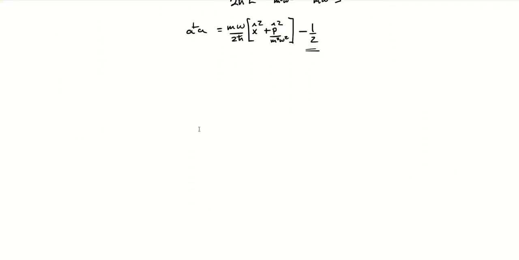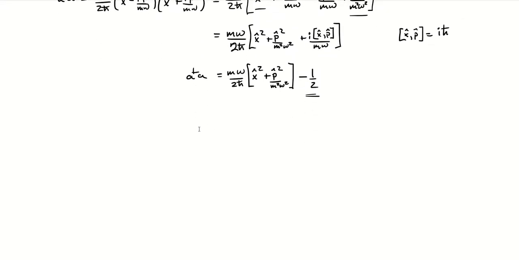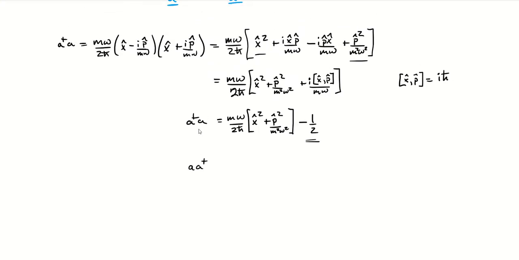Well, let's look at a few more commutation relations and see what they get. First thing, let's notice that had we looked at A A dagger instead of A dagger A, so rather than raising-lowering, went lowering-raising operator, the only thing that would have switched were these two terms would have been the other way, and this whole thing would have amounted to h bar omega times x hat squared plus p hat squared over m squared omega squared plus 1/2. We would have had to use the negative of that commutation relation. So we have those two.